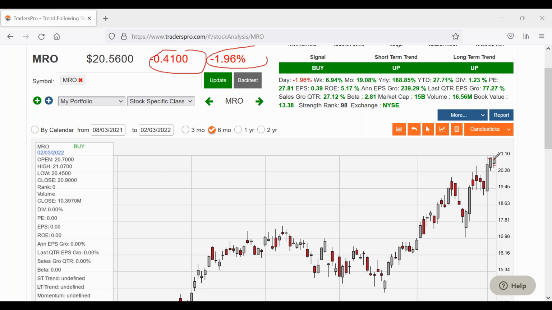We opened a little bit lower, and we're trading higher than where we opened. That's not bad price action on a down day. It's resisting a little bit going higher, but I think a lot of that is the selling pressure on the overall market right now. But that one still looks good.